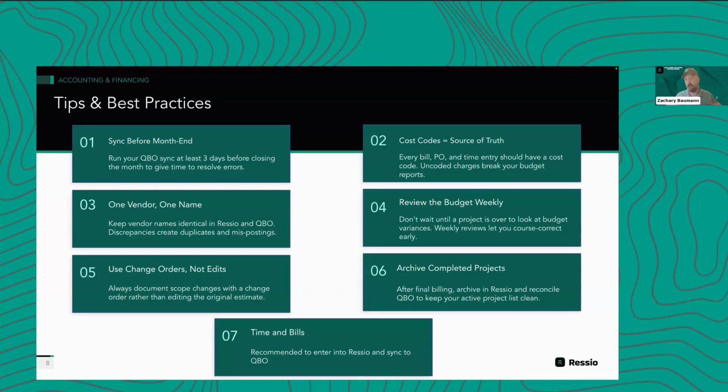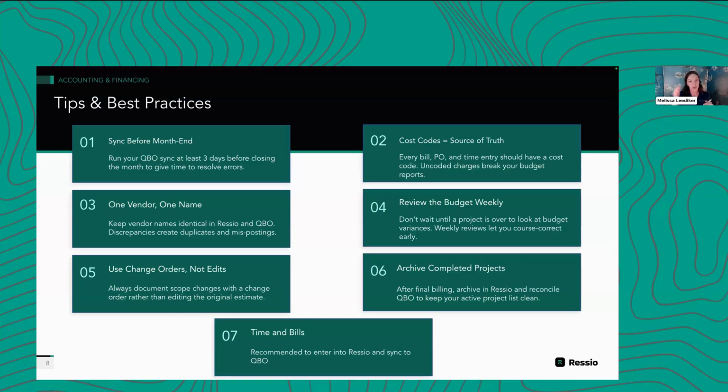So it's not like you're having to go back and resync or reconnect these all the time. It's generally a one-time mapping unless you add some new vendors or new cost codes or new employees. And then again, it's just that one time and you're good moving forward. It's not like you're unconnecting and reconnecting things a bunch. Ideally, you'd be consistent and it would be a one-time thing, right? Yeah, exactly. Unless you completely change your cost code structure or move to a different state to build and all your vendors are different, then hey, totally get it.